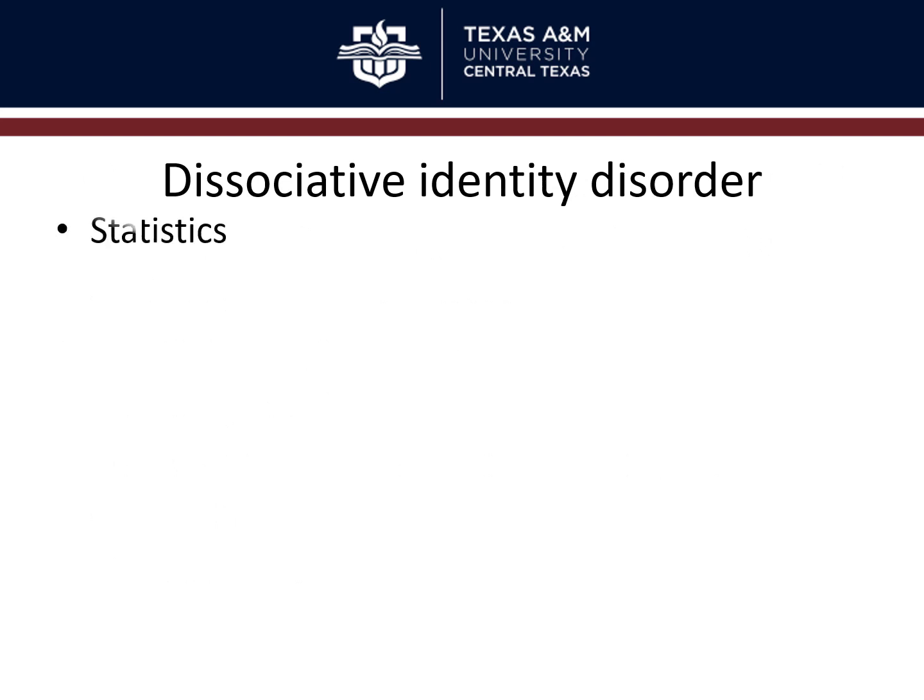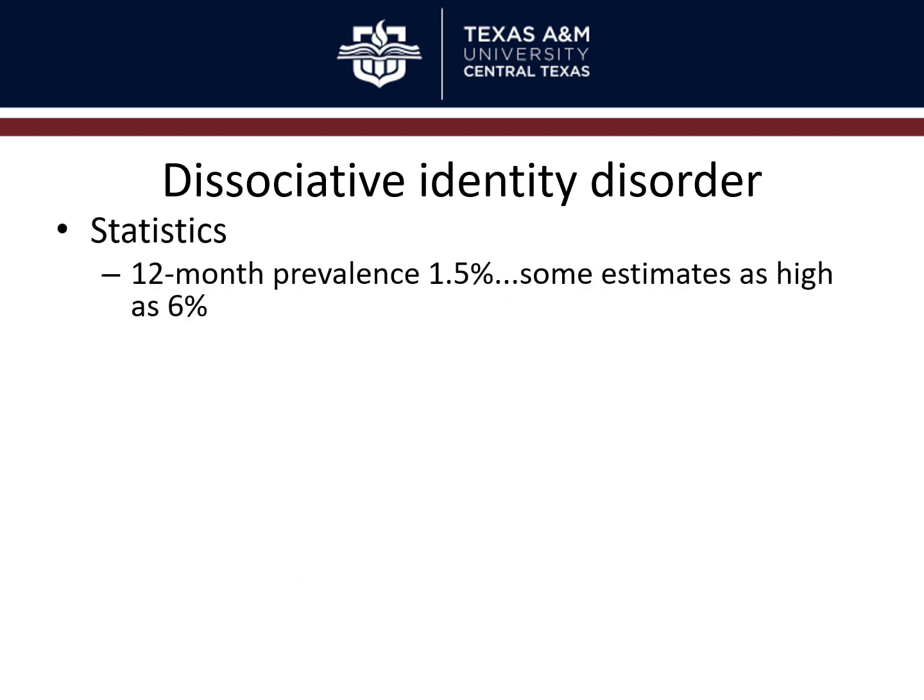In terms of the stats, 12-month prevalence, generally pretty rare, 1.5%, and for a long time it was thought to be exceedingly rare. Some newer estimates are much higher, as high as 6%. I tend to be skeptical of those. I've not met anybody with DID. I know one person that worked with someone with dissociative identity disorder, but it just isn't something that I've seen presented a lot, and all the readings I've done up until the more recent ones, they've always said it's really rare, it's really rare. So I wonder about the